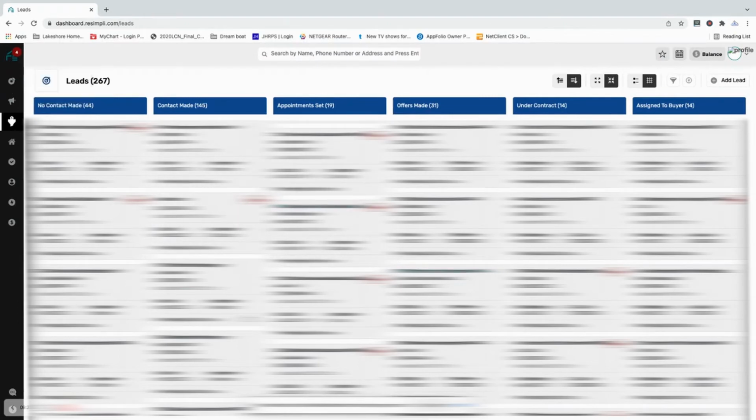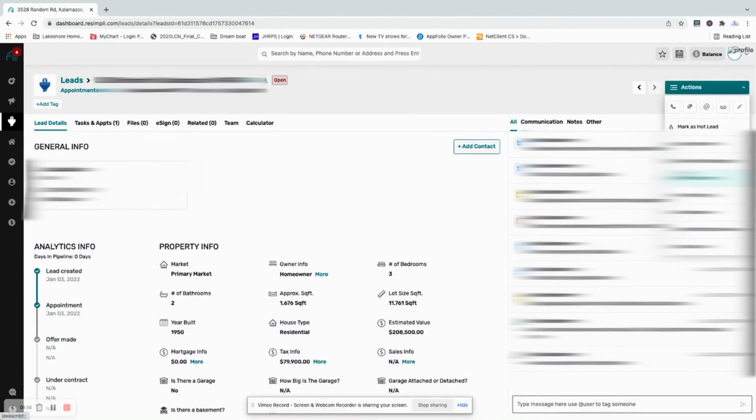So I'm going to go back to that lead and click on it. And drip campaigns. This is probably my favorite feature of RESimpli. It's resulted in quite a few deals for us, because once you have a lot of leads and a lot of follow-up, sometimes it's hard to stay in front of those leads and remember to send a text or a call or send an email. So RESimpli can do that all for you